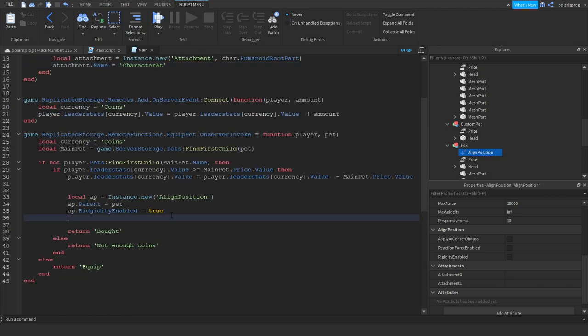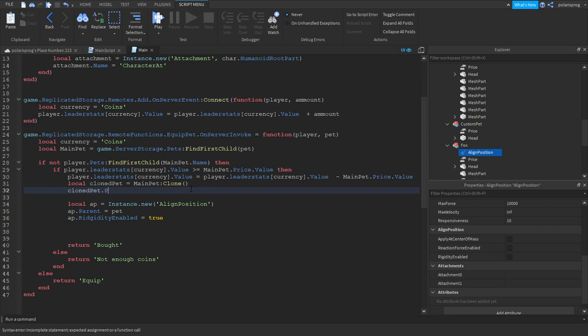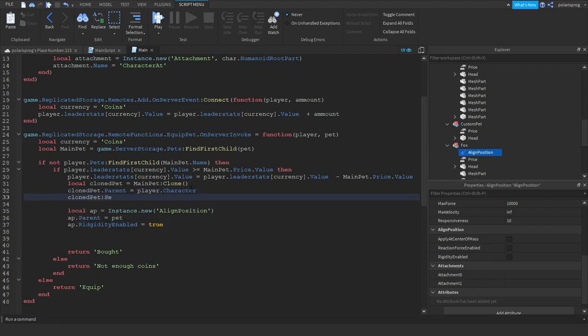and in here we're going to do local attachment. We're going to clone the pet first, so local clonedPet is equal to mainPet:Clone. Okay, so clonedPet.Parent is equal to player.Character, and clonedPet:SetPrimaryPartCFrame to player.Character.Head.CFrame,